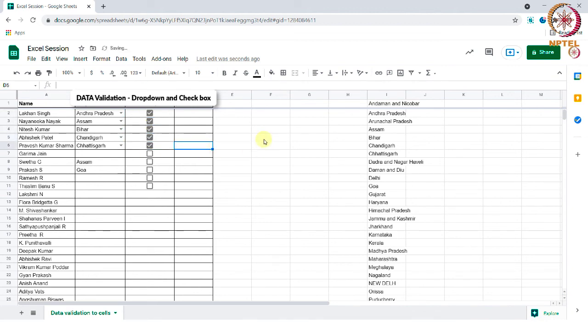Today, we have learned how to enter the types of values in the cells using drop-down and checkboxes. These are the commonly used data validation in Excel. This can be very useful when we are entering certain choices in the cells, and we can avoid typing the same and easily choose from the given drop-down or checkbox.